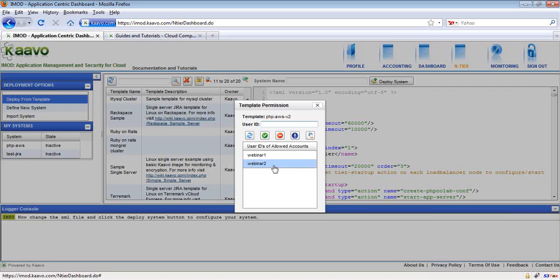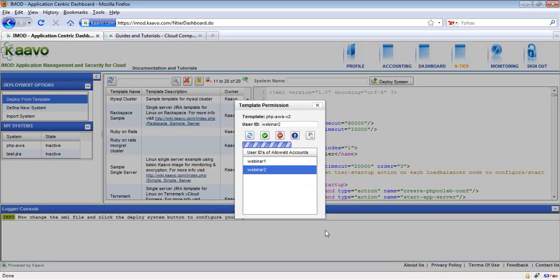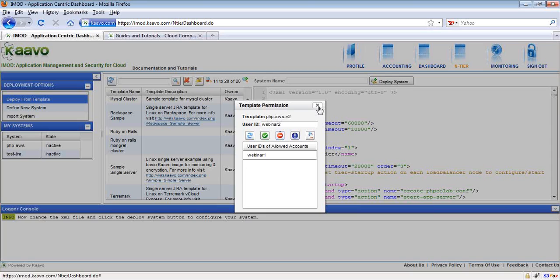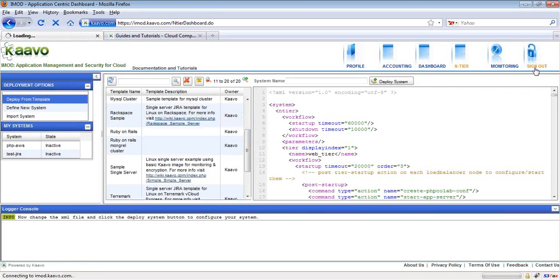Webinar 2 I want to revoke permission to. So I select webinar 2 and I hit the revoke template permission button. And as you can see, only webinar 1 is allowed access to this template, and webinar 2's permission was just revoked.